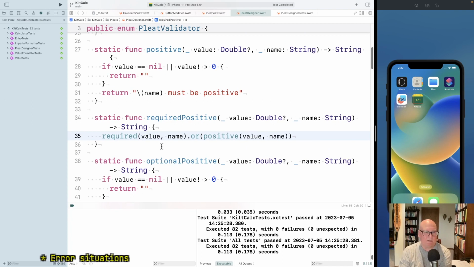If this is required, it's almost like and then or and positive. And if it slips through both, the reason it's weird is because